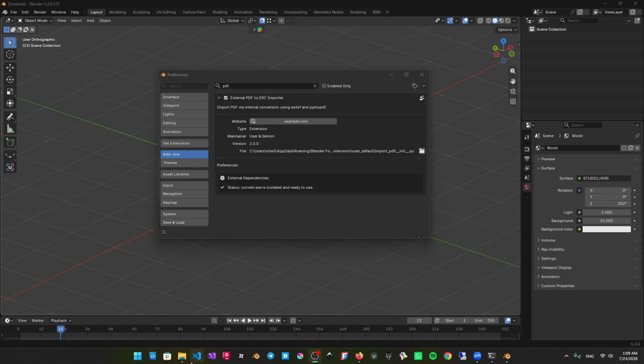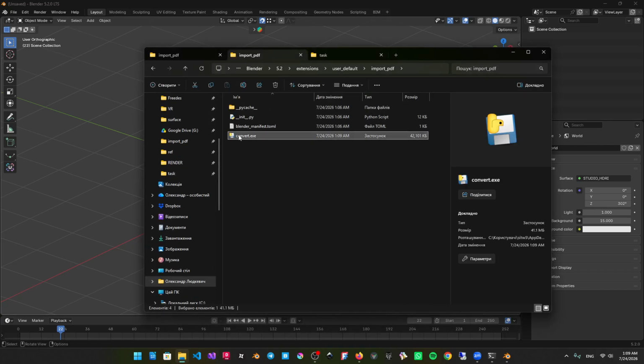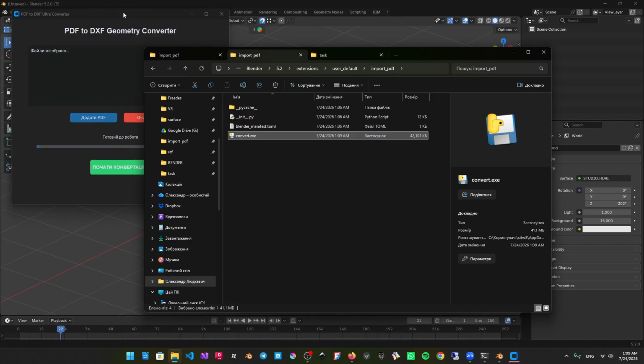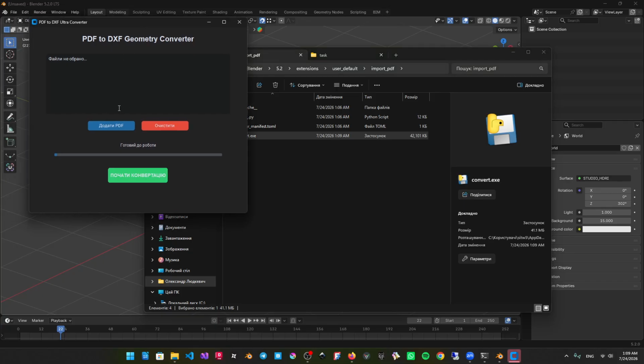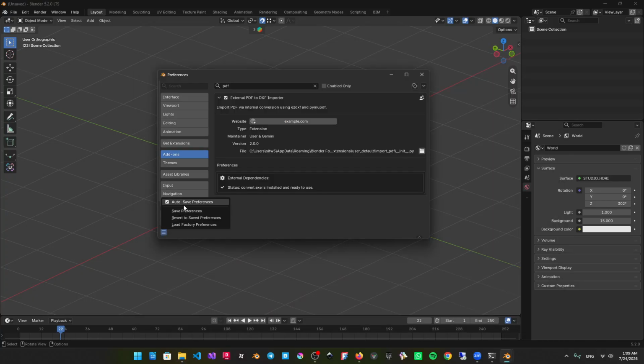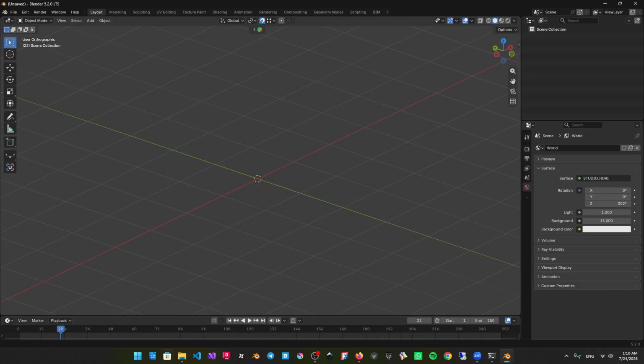Okay, so as I said, we should have the converter here. You can use this converter also without Blender. For example, if you want to convert your PDF file to the DXF file format, you can do this also here. Just add some PDF files and convert them. But Blender will use this file automatically in the background. So, okay, now this add-on is configured properly, so we can save preferences